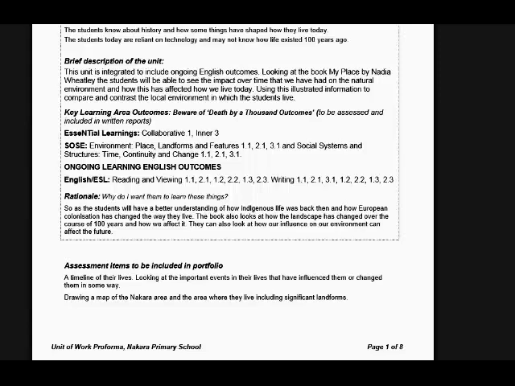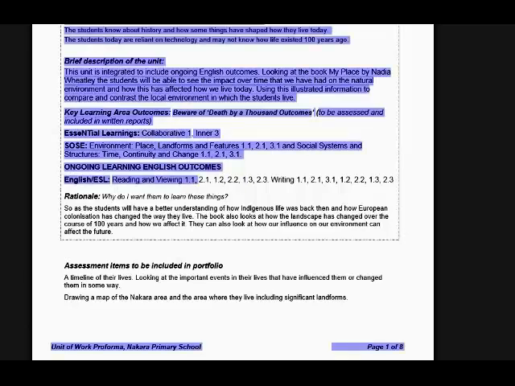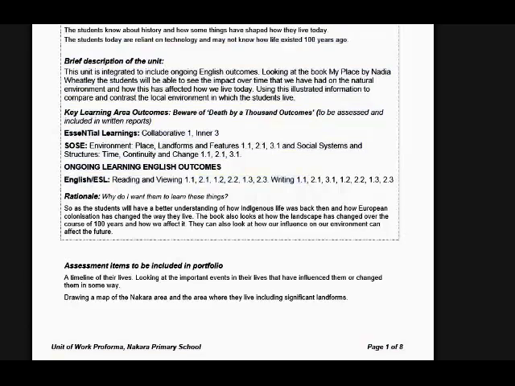Then we have all these learning outcomes. We have no idea where they come from. They just are right there. Now, this person has a pretty good sense of humor and says, beware of death by 1,000 outcomes. Well, that's a pretty good point, I'd say. What's not really good is that he or she doesn't actually suggest to us how to avoid that problem. And here we have a pile of outcomes. We don't know where they come from, what they're doing here. I just can't really relate to it.